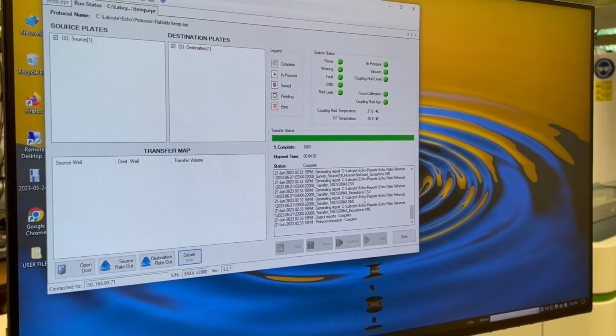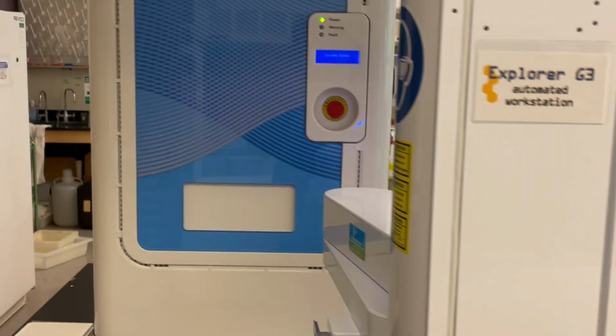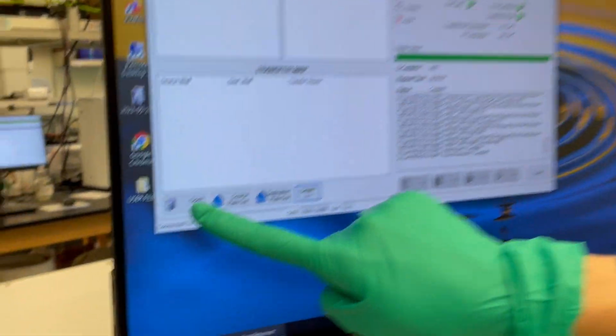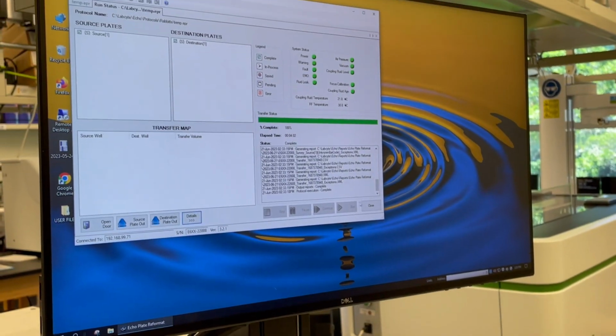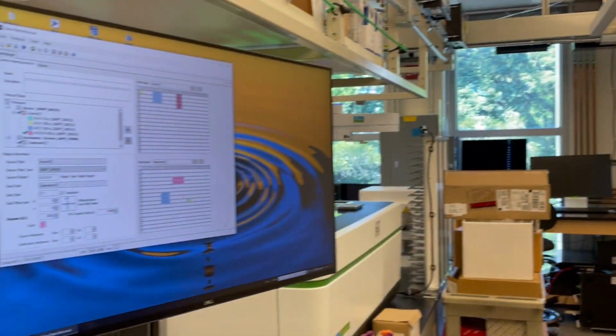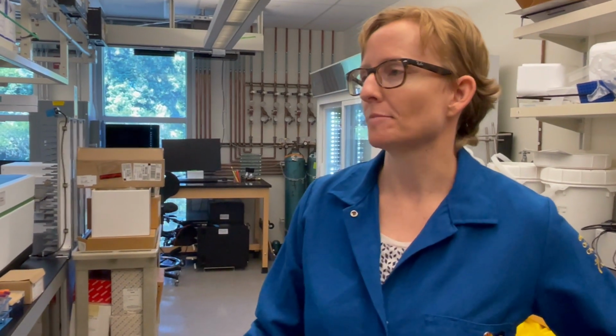Before closing this window, it helps to just check that the door is closed on the device. So see that white door, that's good. If it's not closed, there's a convenient button here in the corner that says open door. And then once you've closed the door, or it would say close if it was open, then you close this window and then we're back here. And we're done, so we can close this software. You can leave the computer on, the Echo stays on all the time. And that was acoustic dispensing.